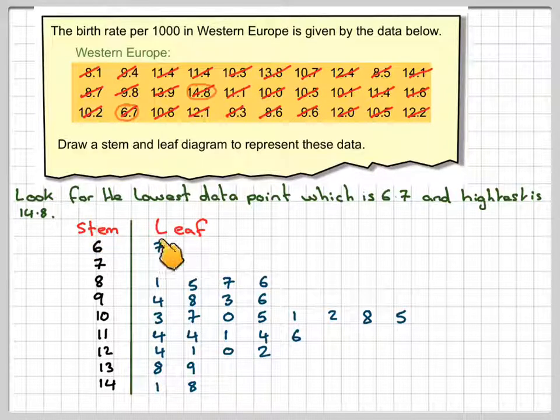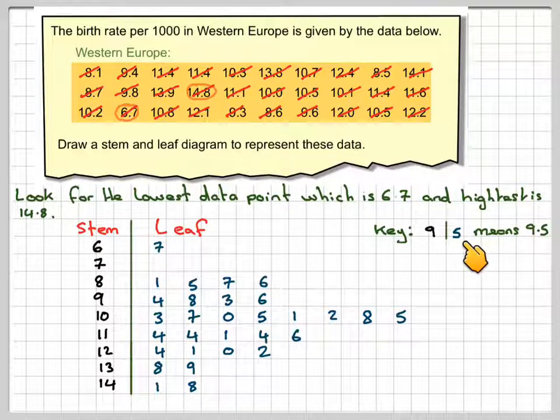And this is called the stem, and this is called the leaf. Now we need to know what the stem and the leaf mean, so we put a key in. So 9|5 means 9.5. So if we just draw that out again,